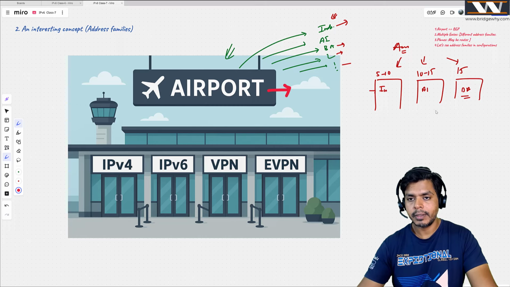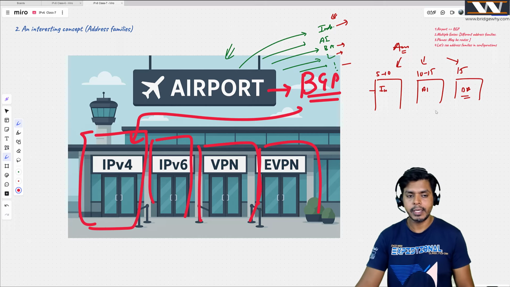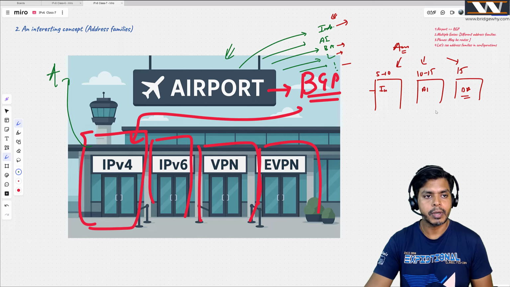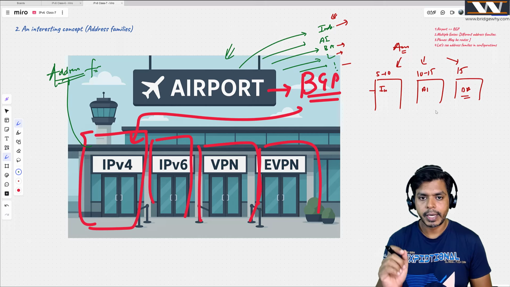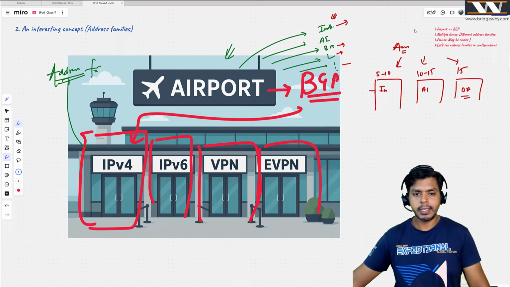If you think of this as an analogy, then the airport is just like BGP, which can work with IPv4 routes. They have a separate gate for IPv4. They have a separate gate for IPv6, for VPNv4 routes, for EVPN routes. Everybody has different gates. And by the way, these different gates are nothing but your address families. This is the concept of address families in BGP, right? So let's see the next board